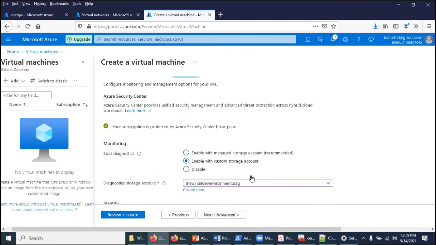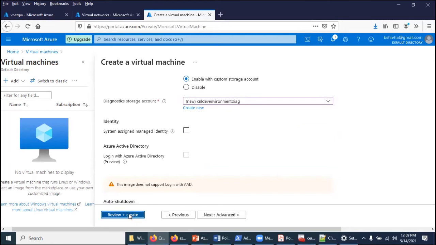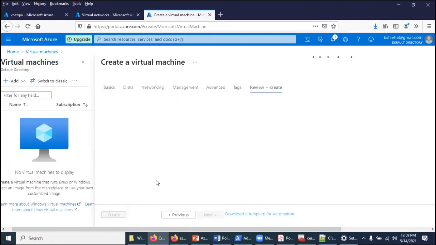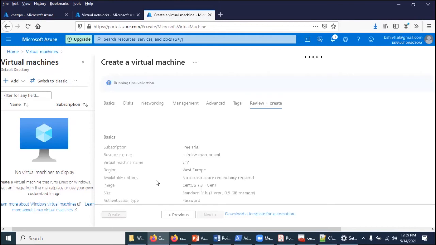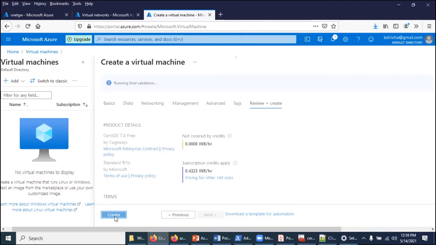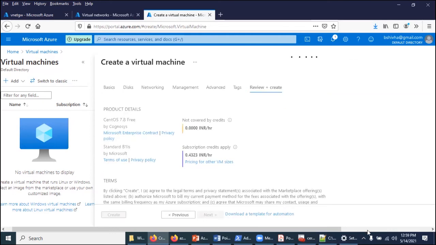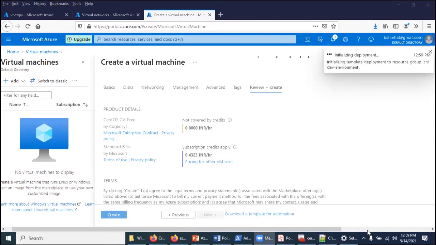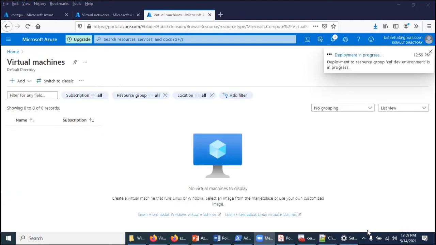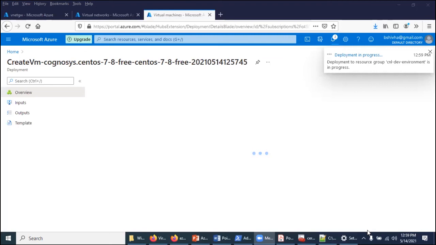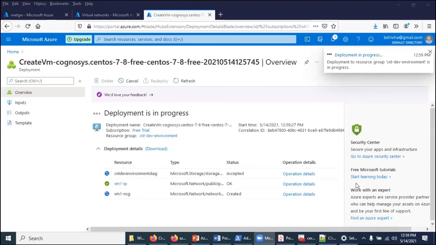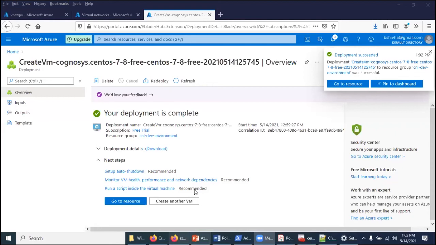Management, enabling boot diagnostics as usual, create, and we are going to trigger the VM creation. So the creation got submitted. We'll wait for some time. So now the VM got created.